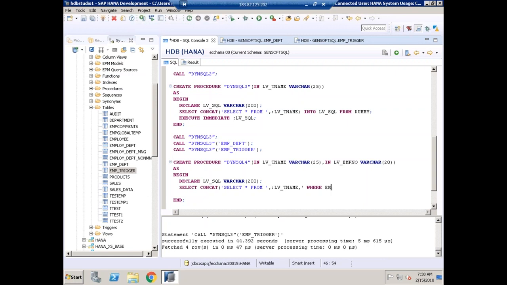Both the tables are having emp id, where emp id is equal to, or let me use some relation operator, greater than or equal to. Done, comma, what is the parameter which is carrying the employee number? lv_emp_number. Here also if you want to use this column, you can use lv_emp_number. Then I'll say done, into